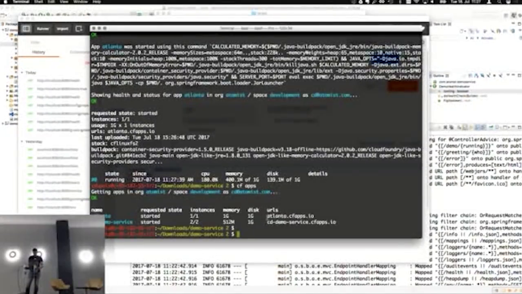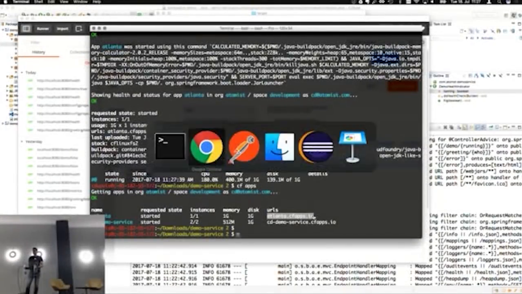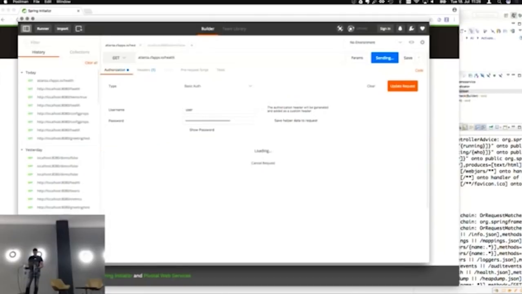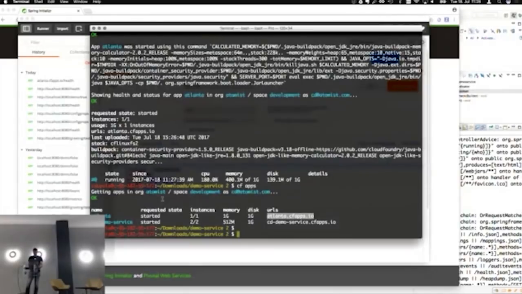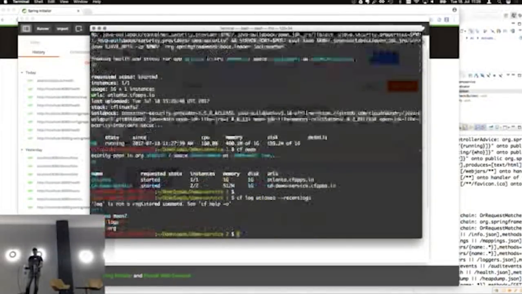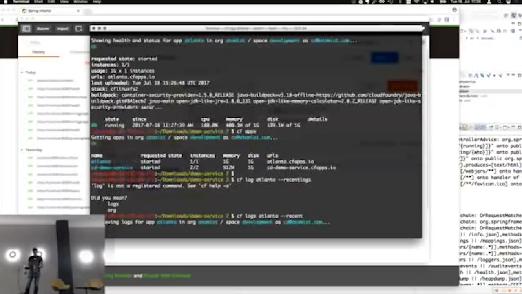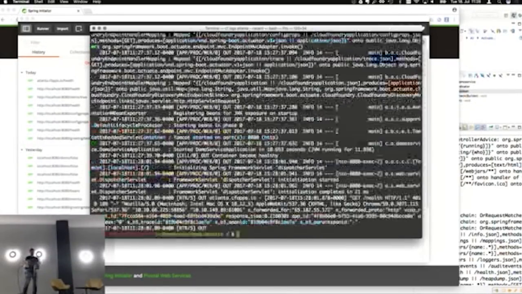And we got an endpoint here. Surprisingly, nobody used this before. Let's say health. And here's our unauthorized. So there is a way to get to the log files. Let's say log, recent logs. Let's try to find the password in here.